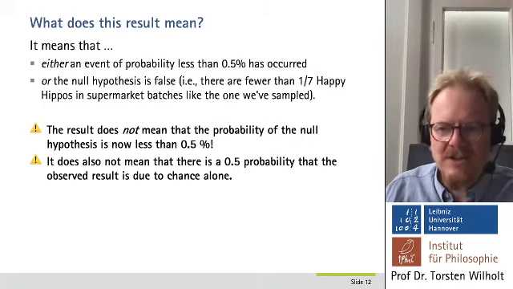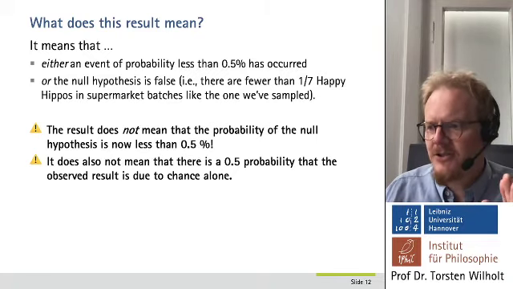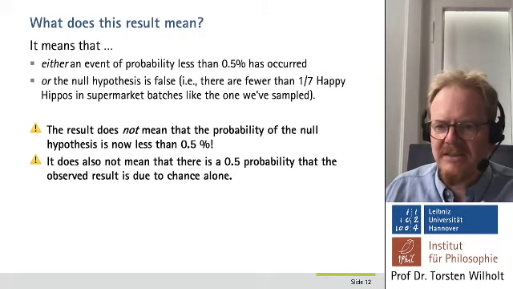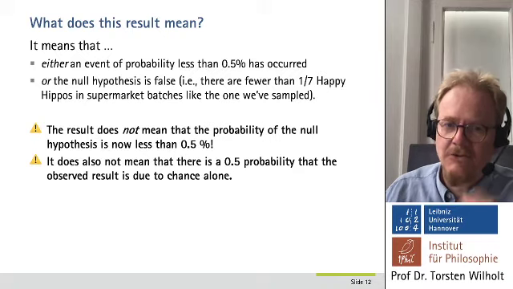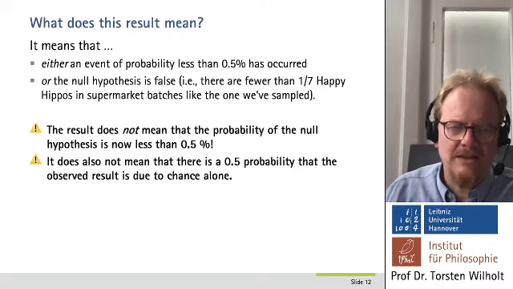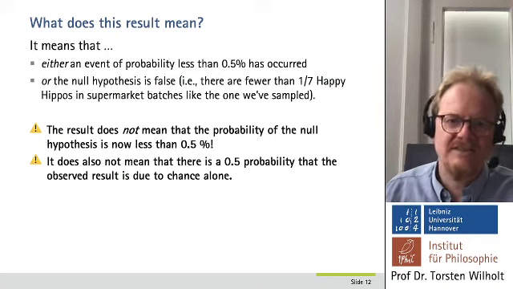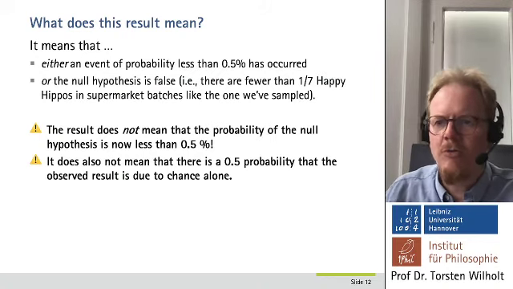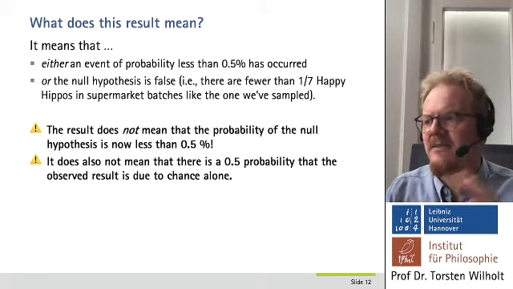There are frameworks in frequentist statistics that do contain a model for alternative hypotheses, in particular the method of Neyman-Pearson testing, which I will not go into for reasons of time. So please, I don't want you to come away with the impression that frequentists have no way of drawing any positive conclusions from data. That's not quite the case, but the most